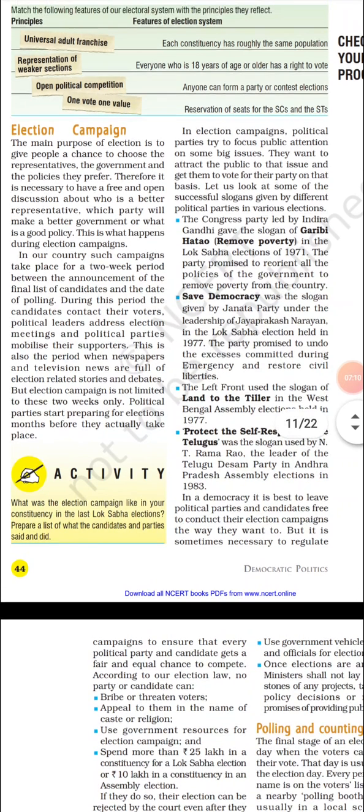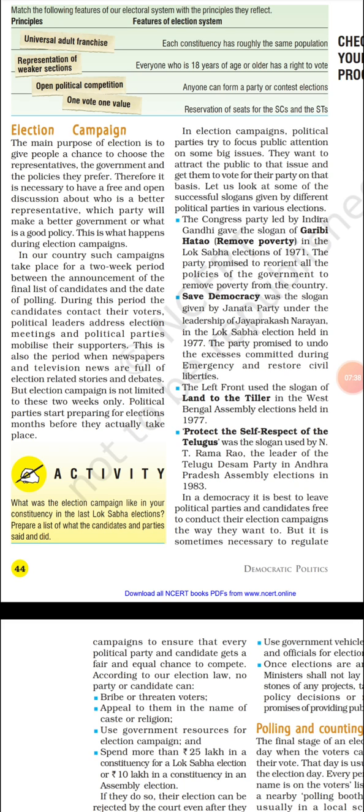What do you think? Garibi Hatao means we will remove poverty. If you give us your vote, we will remove poverty. Obviously the people wanted to remove that poverty also. People will be interested in such slogans, right? So it is very important to have a slogan, or to give certain promises to the common people, in order to get elected, in order to get a maximum number of votes.